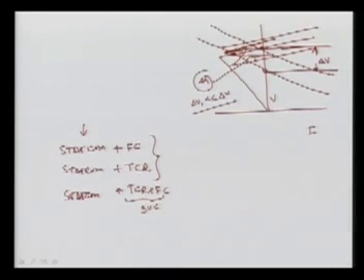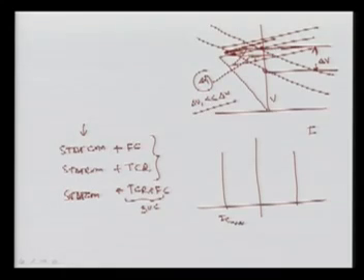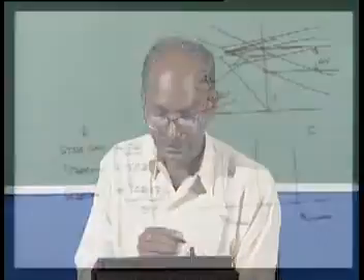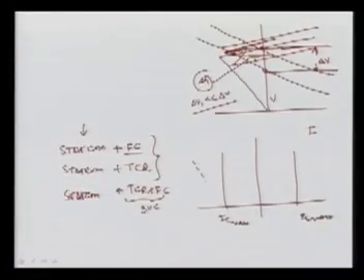So we can see how the characteristics change. The StatCom characteristic lies between these zones. Here is your IC max, the maximum current in the capacitive zone, and here your IL max. Now if you add the FC, what happens? You are adding this characteristic with a slope, and since it is a fixed value, it is subtracted here and added here. Now your operating zone will be this much.